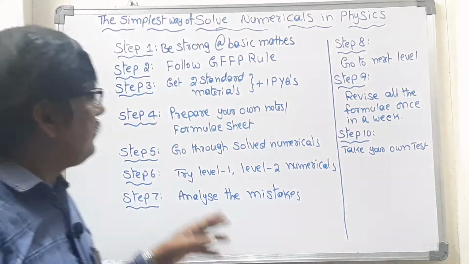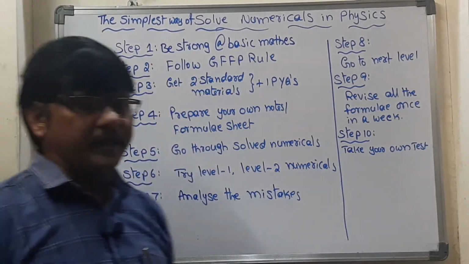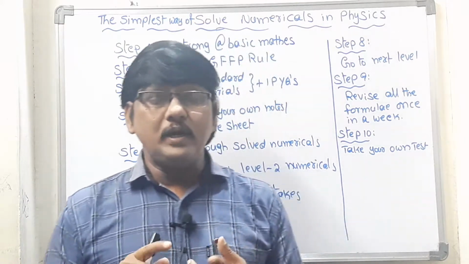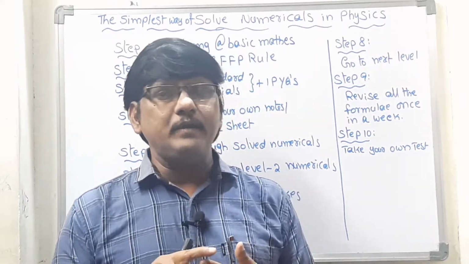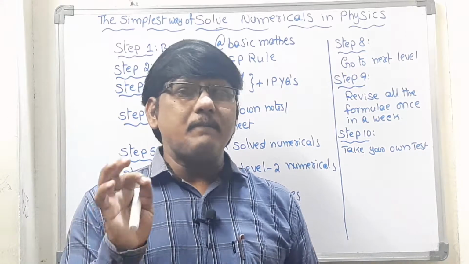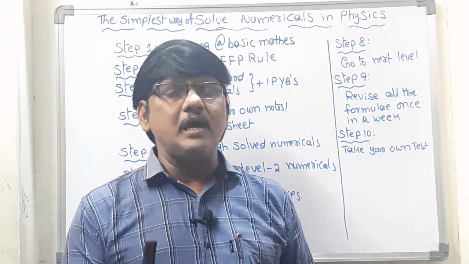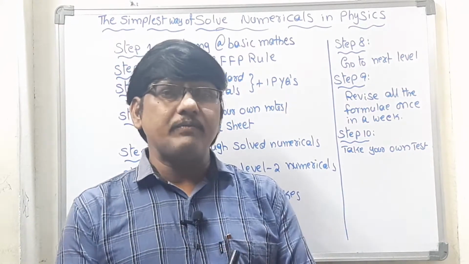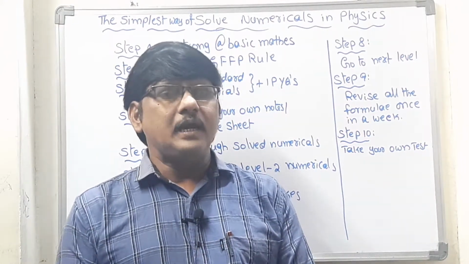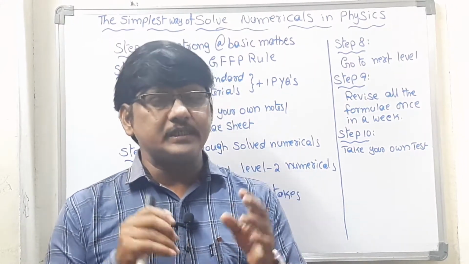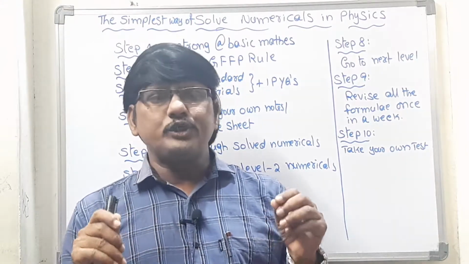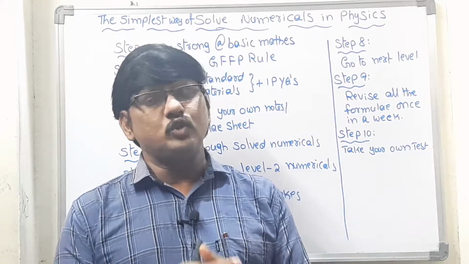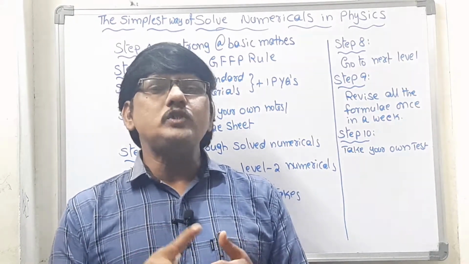Next is the number of books we require. Basically we require 3 books, 2 plus 1. What are those? 2 standard books, and 1 compulsory previous year solved question papers book. In the market so many books are available, with 50 years or 30 years of previous year question papers. You can just go with one Arihant Publications book.